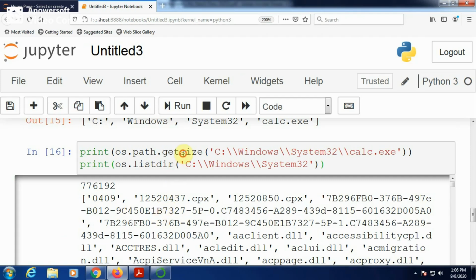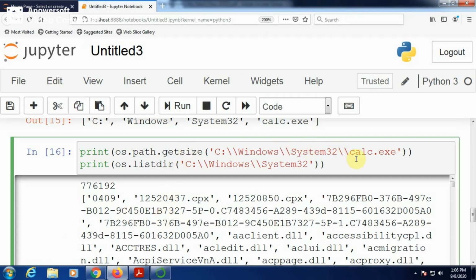To get the size of the calc.exe file, you have to use the function os.path.getsize and give the full path. It gives the size of calculator.exe, that is this much. This is the output.